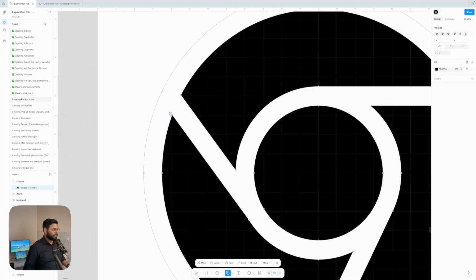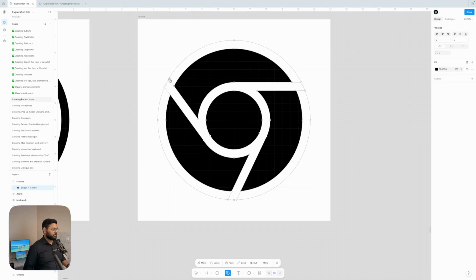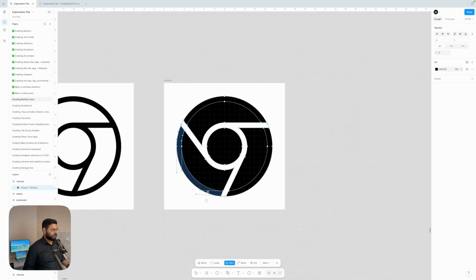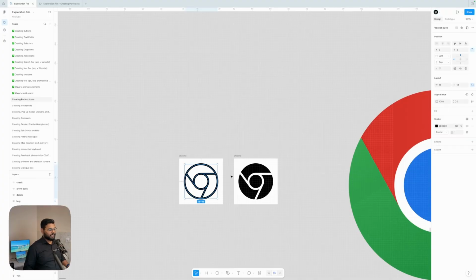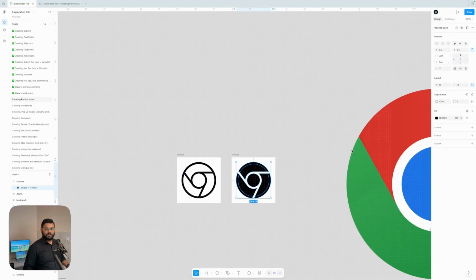And similarly for this one. Great. Now I should be able to fill these, and done. Now we have an outline version and we have a fill version of our Chrome logo,